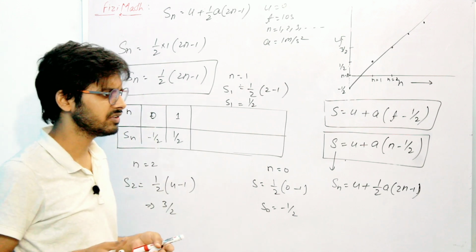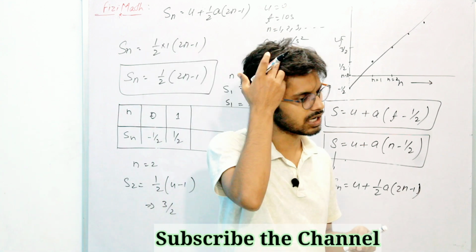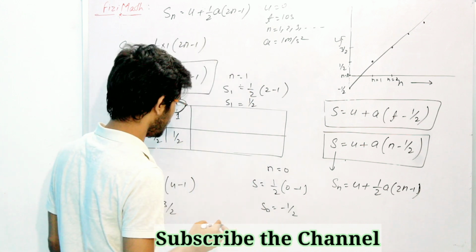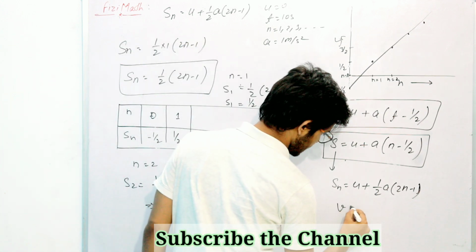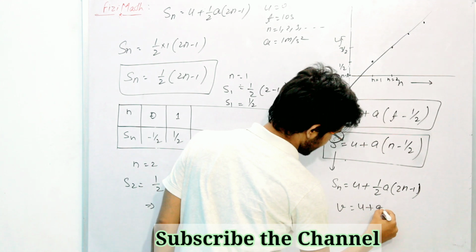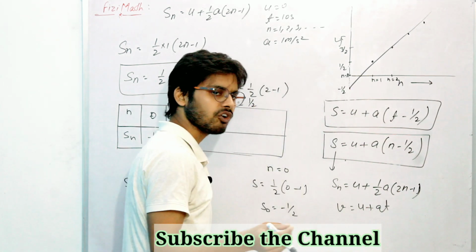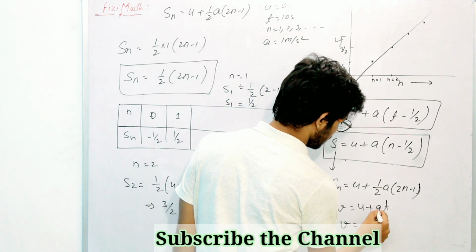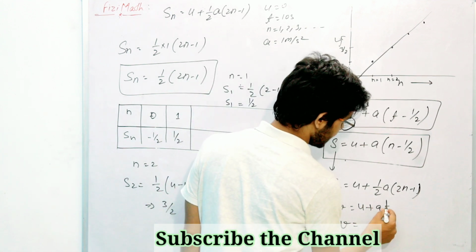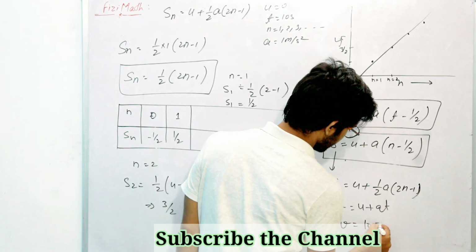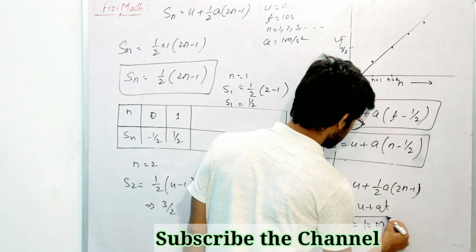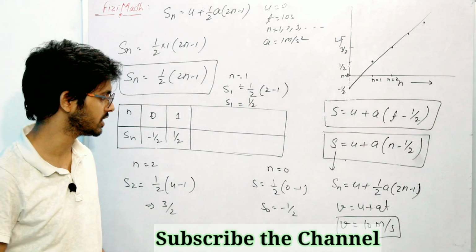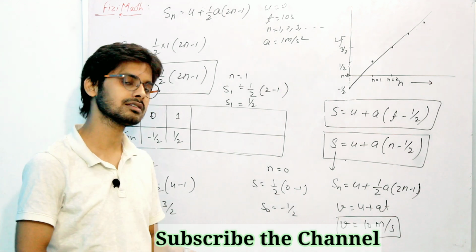And there was one more thing the question was asking: what will be the velocity. Here we know that velocity can be defined as v is equal to u plus at. For time t equal to 1, 2, 3 you can take. Here the initial velocity is 0, acceleration is 1 and t is equal to 10, therefore the velocity is 10 meter per second. So this is the uniform velocity with which the object is moving. So v is equal to 10 meter per second.